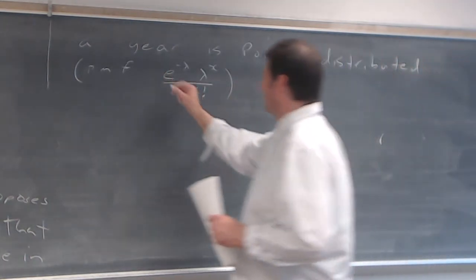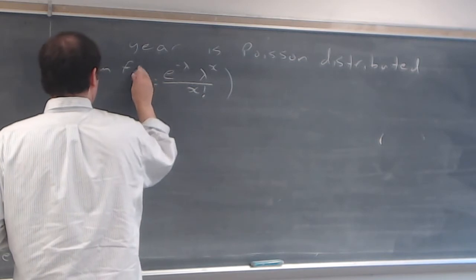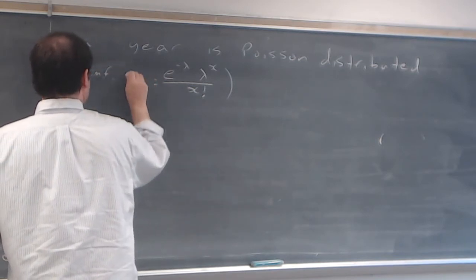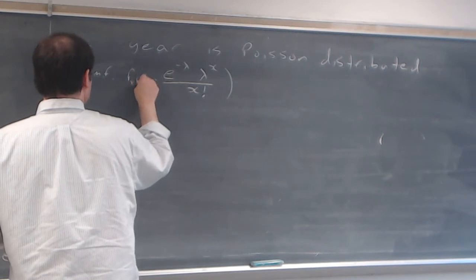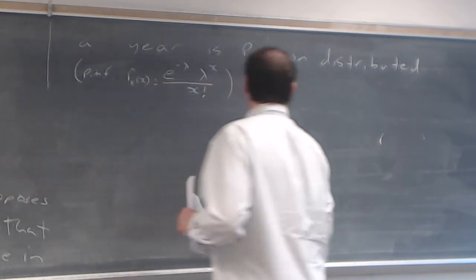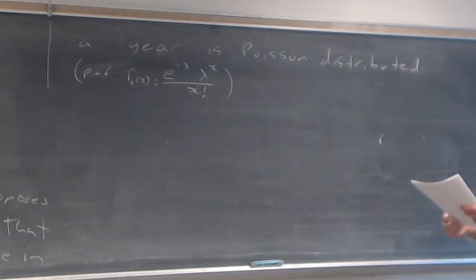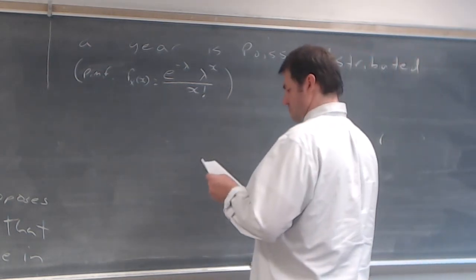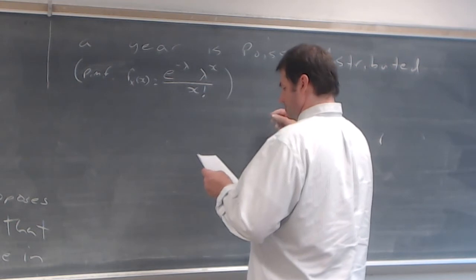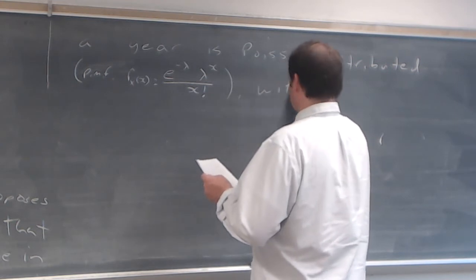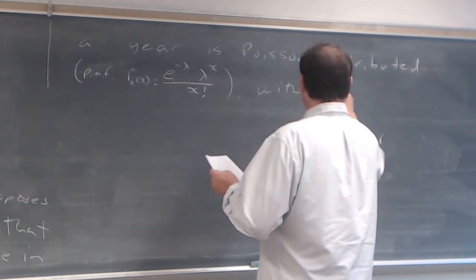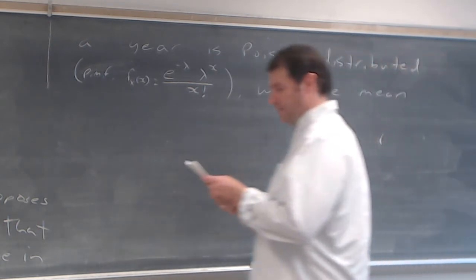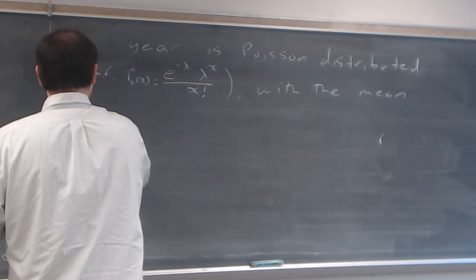So here, let me write down, I would be saying that f of x would be equal to that. That's what this distribution is. Don't forget the x runs from 0 to infinity. Okay. With the mean, so the lambda we're talking about, of the Poisson